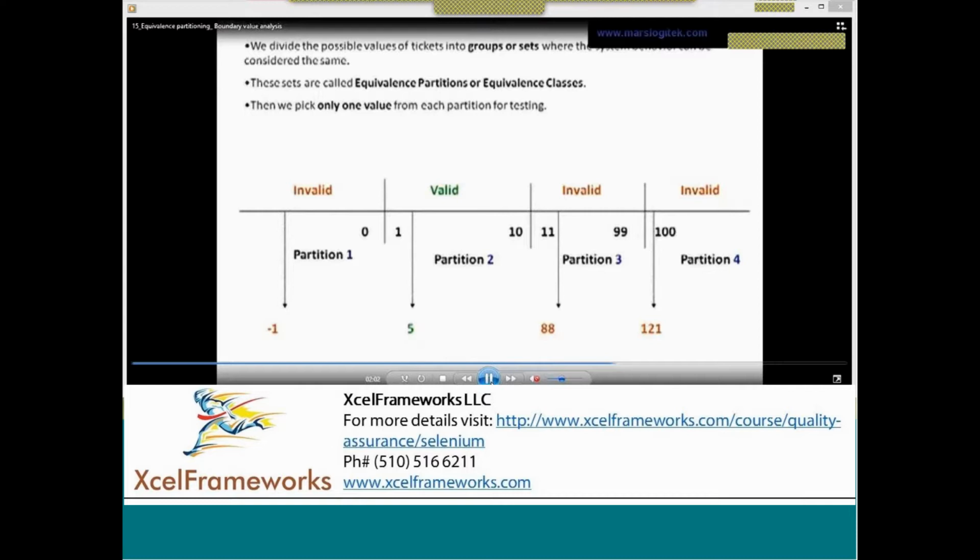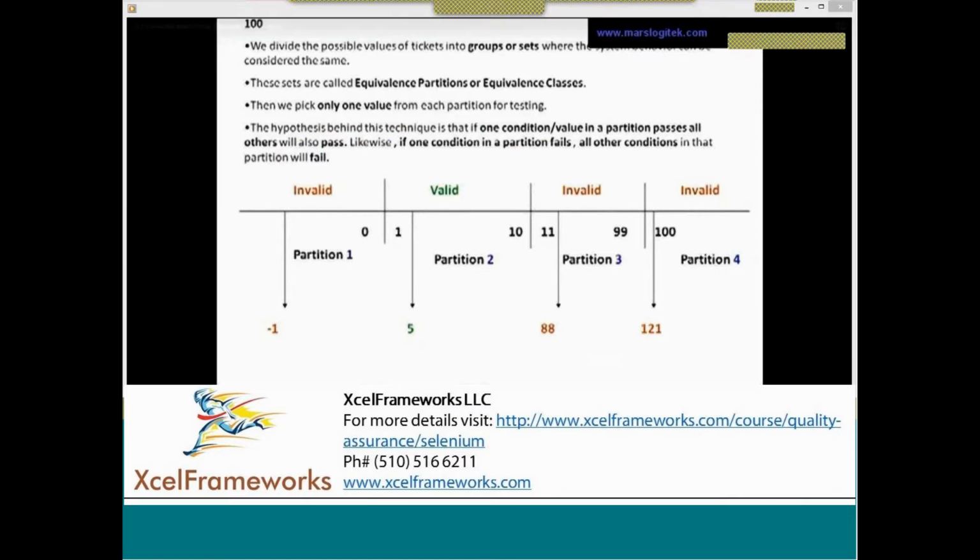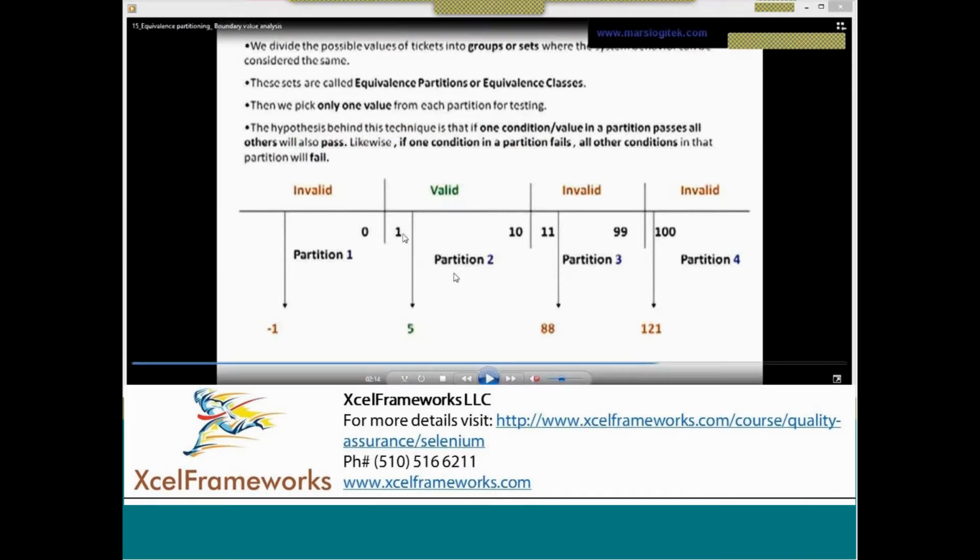Now here it's actually a mixture. From this case I can derive boundary value cases. This is something like equivalence partitioning, where I make partitions, pick a number of cases and start executing. The next technique we are going to look at is boundary value analysis.